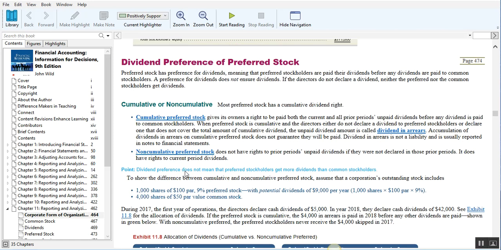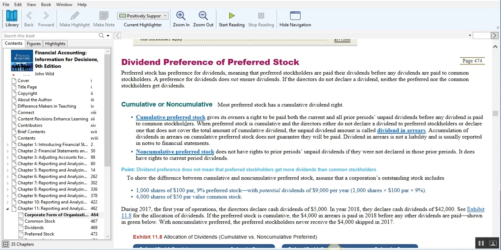One of the things that preferred stock does is it receives, many times, preferential treatment for dividends. Well, it's always going to receive first treatment for dividends, but there's another factor that might happen. It depends on how they structure it. This idea of cumulative preferred stock means that if for some reason in one year the board passes on a dividend and doesn't issue it, the next year they issue a dividend, they have to go back for preferred stock and pay the previous dividend in addition to the current before they distribute anything to the common stockholders.